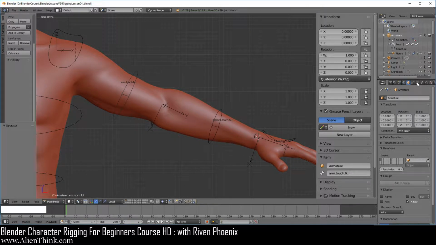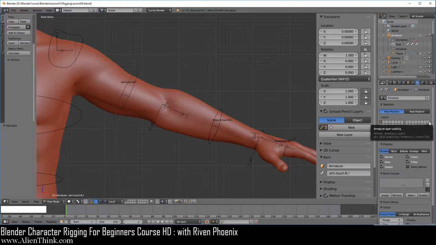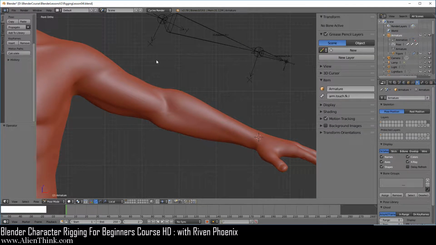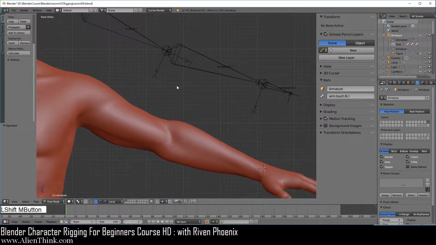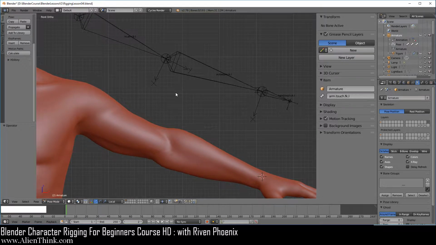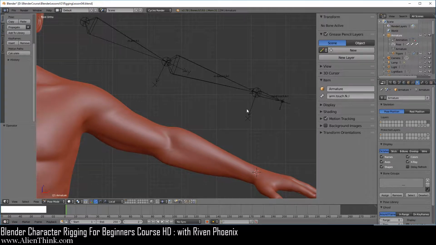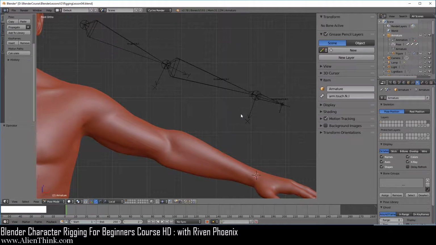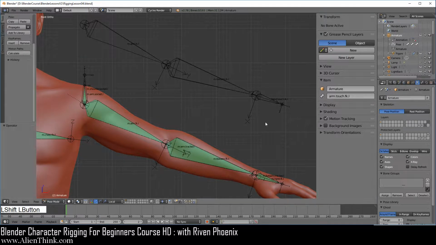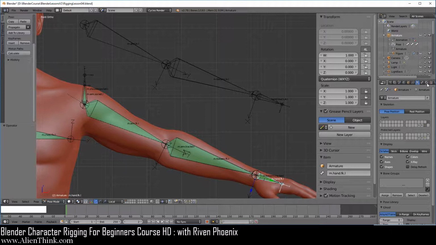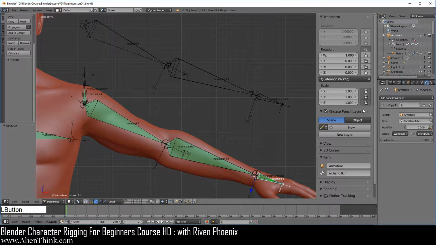Now go ahead and switch to the data tab and just turn on the IK bound layer. Do shift middle mouse button and just bring this into view over here. Okay, I'm going to do control middle mouse button just to zoom out a bit. Now over here what you want to do is press the shift key down and turn on the non-deform layer. Go ahead and click on this bound and switch to the bound constraints tab.